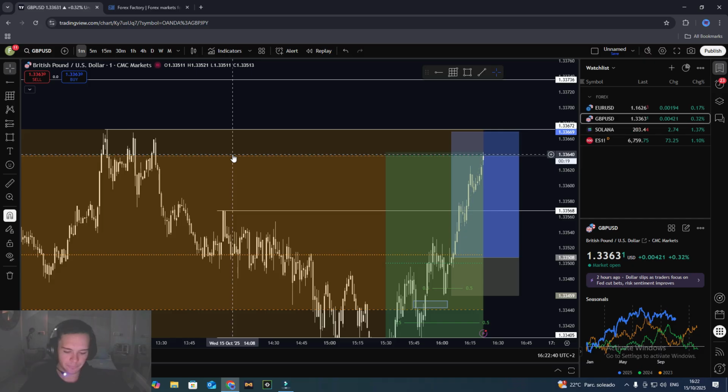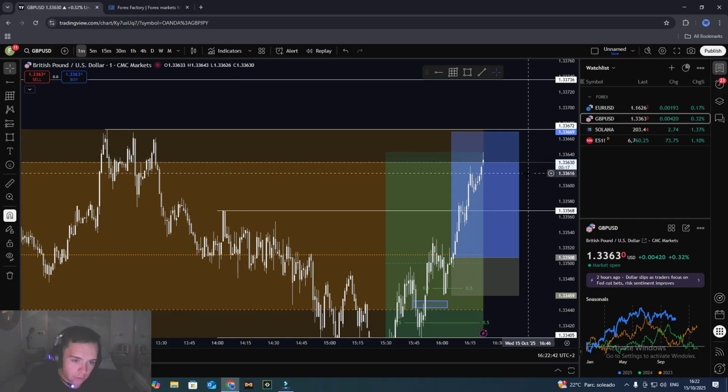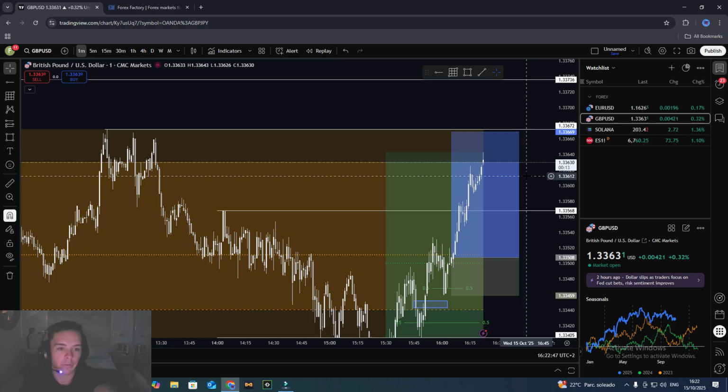I'm going to move my stop loss now to just below this fair value gap here, because if we disrespect this fair value gap, then we're probably going to come lower. That's protecting our profits, it's protecting our commission. Not commission, sorry, it's protecting our money, you know? Stop loss to, where is this fair value gap? It's right here.